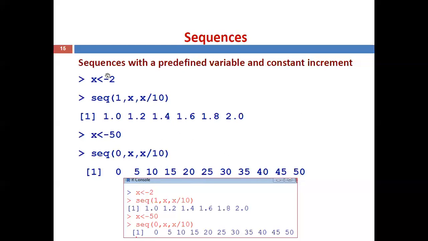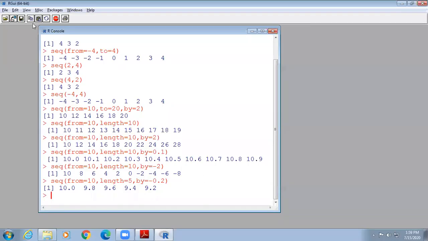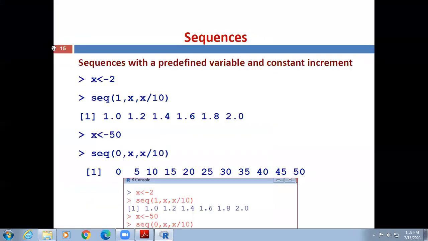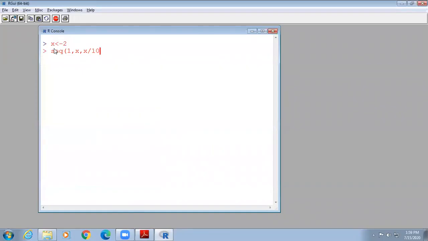Now you can run these two. So first you can clear the screen, and start freshly again. First one we are assigning 2 to x. Now we are taking the sequence function starting with 1. End value is x. Then the increment is what we consider here, x by 10.